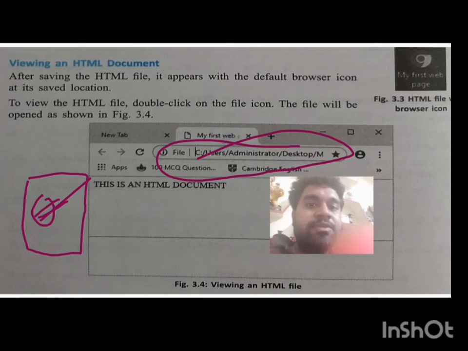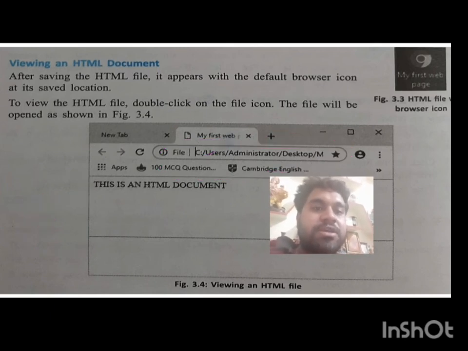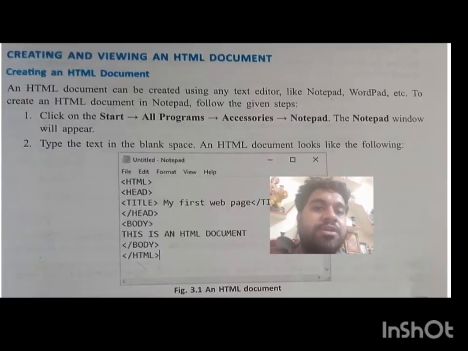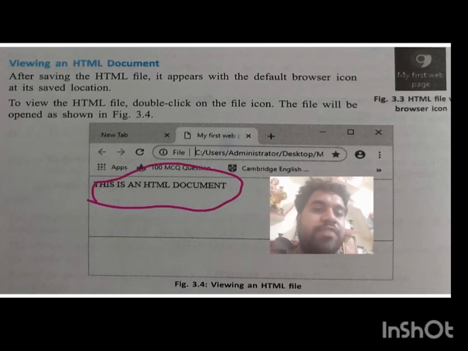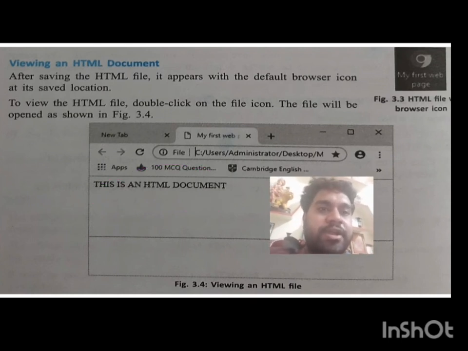And after that, if you want to make any change in this document, then you go to the HTML file once again, and after that you refresh here. Instead of opening it from the desktop again, you refresh here with a right click and the refresh button, or you can press the F5 button also. Then whatever changes you have made will appear here as a result. So class, I hope you all are understanding this.